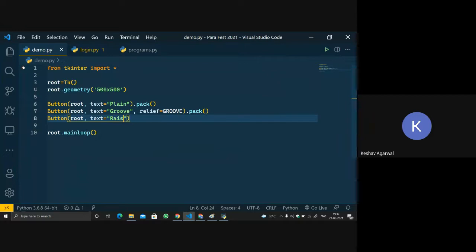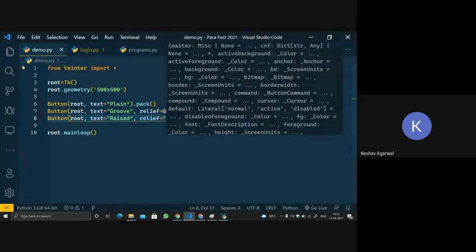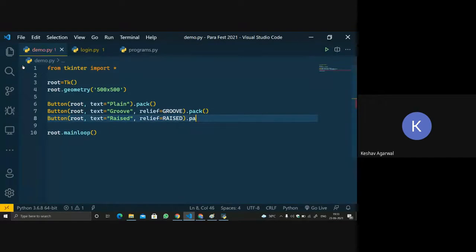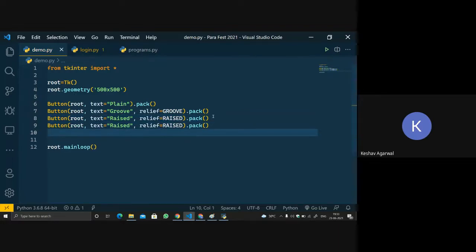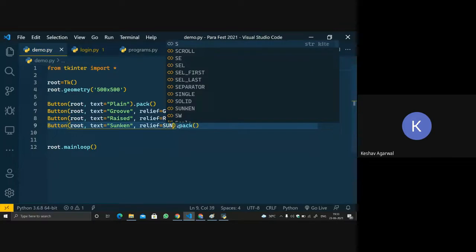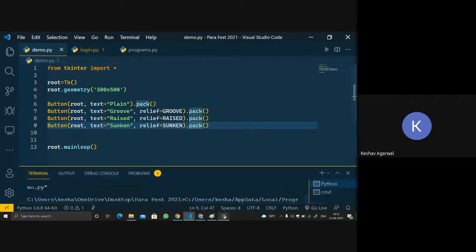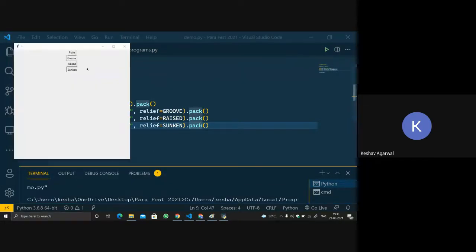This will be a raised button, relief equals raised, then pack. Let's first try all these. Let's copy and paste it. Let's make it sunken. So let's just play it.